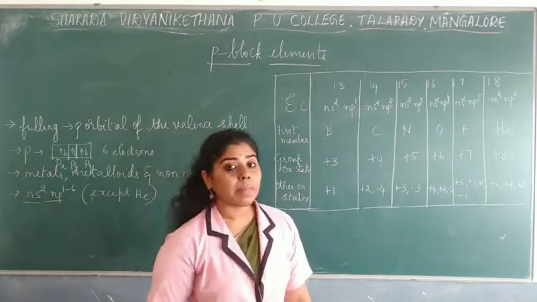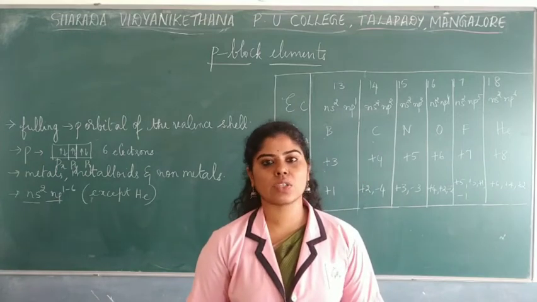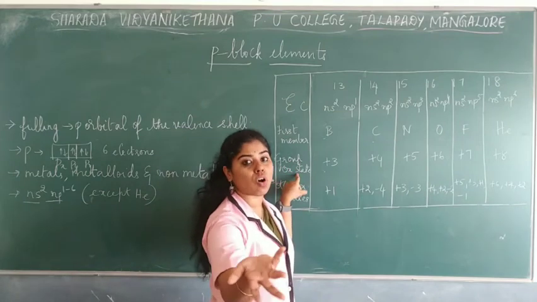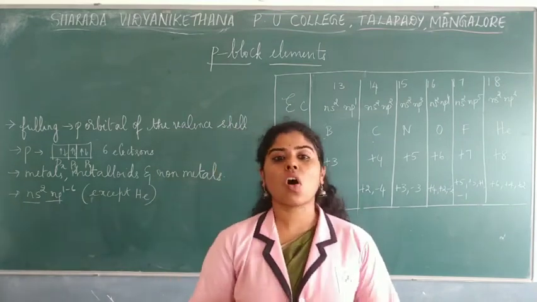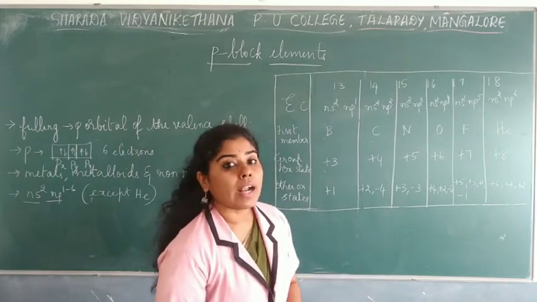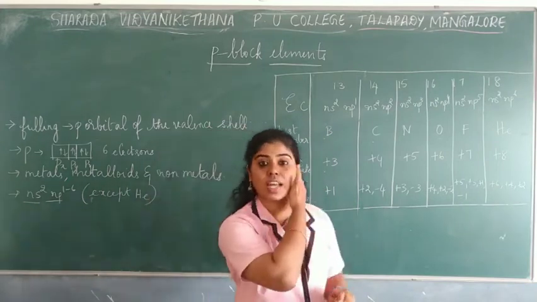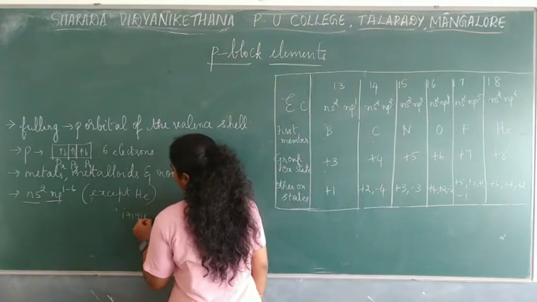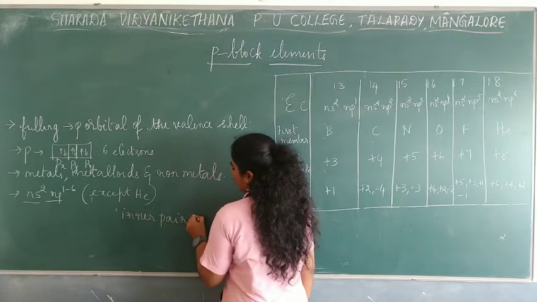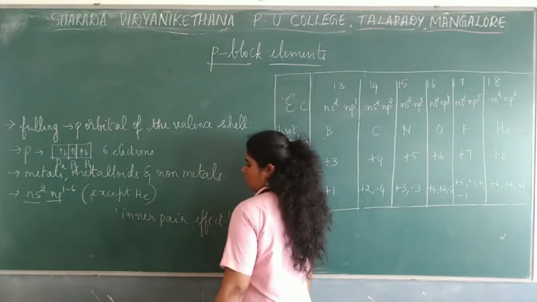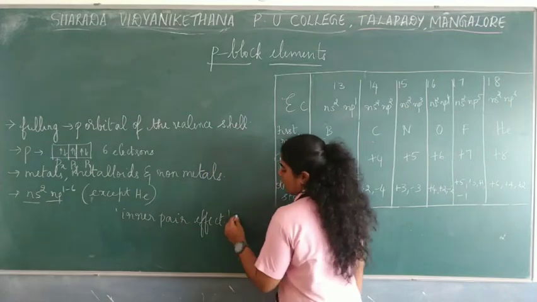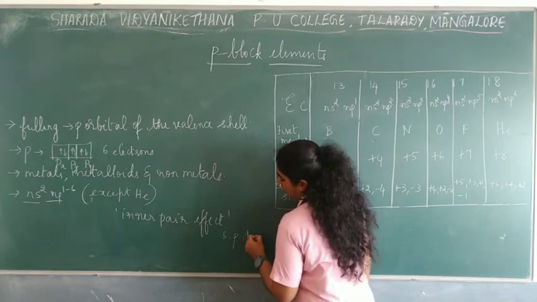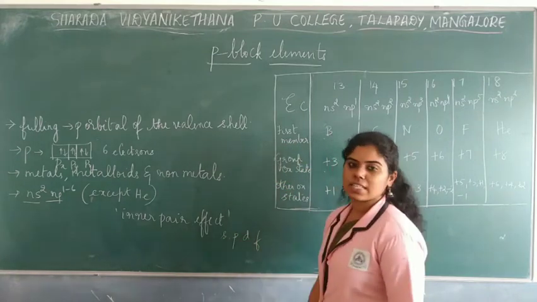Now there can be different oxidation states shown by the elements in the p block, other than these so-called group oxidation states. There can be other oxidation states too, but there are some effects, which I also call the inert pair effect. This term is important: inert pair effect. Now what do you mean by this inert pair effect? In an atom there are s orbitals, then you have p, then d, then f. All these shells are present.